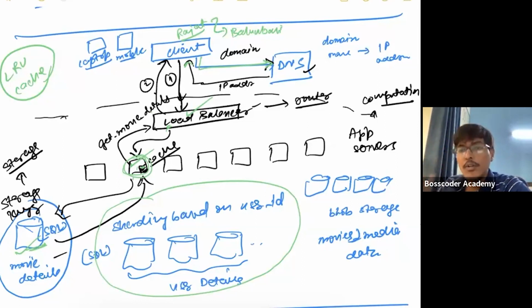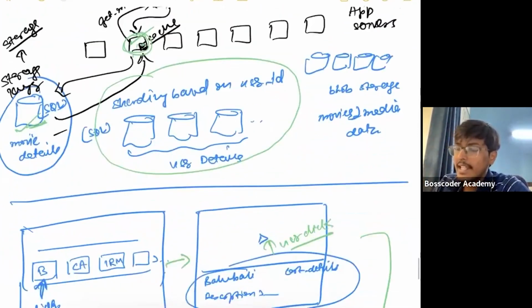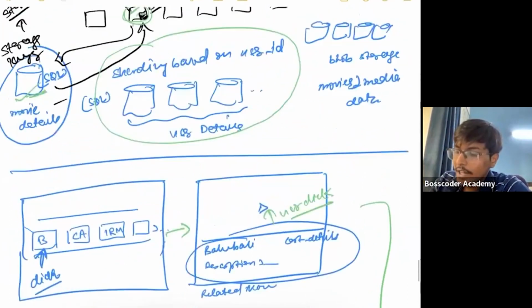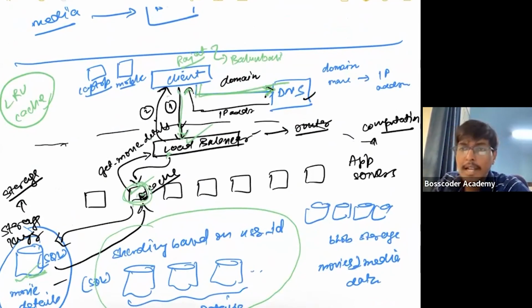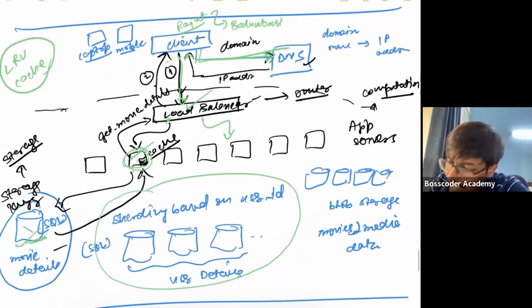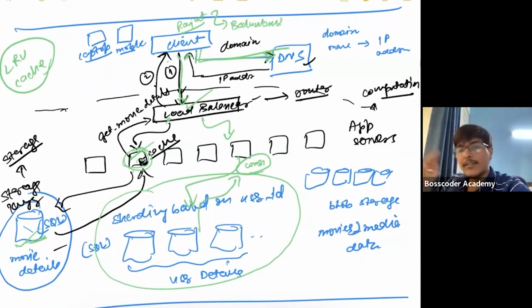Right? So now the second request, when you are pressing this click button, will go first to the DNS, and get the IP address. The IP address will send the request to the load balancer. Load balancer will send the request to one of the app servers. The app servers will then go to the database. And here consistent hashing will be used for deciding which database to go to. And then it will return the user's interaction with that movie, that is, what is Rajat's interaction with Bahubali earlier, and it is sent to the client. Does this make sense?